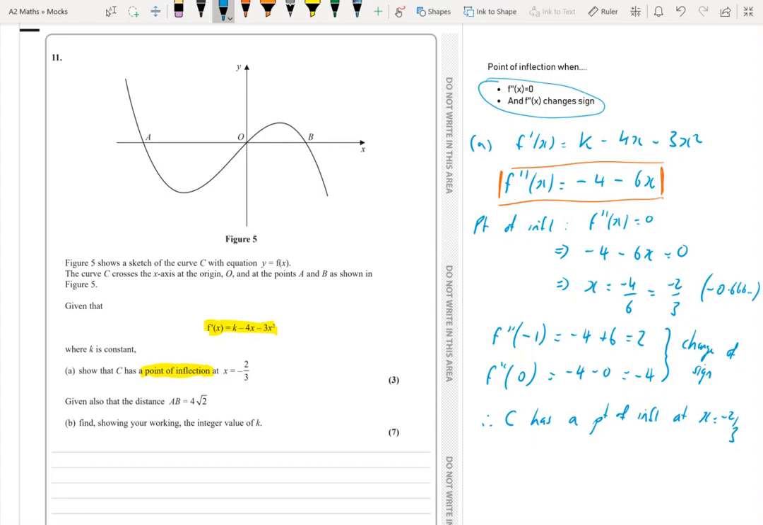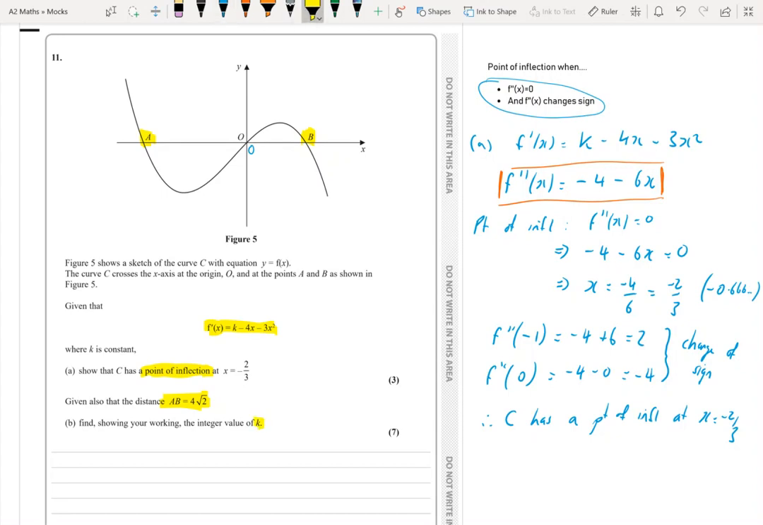Okay, what's next? Given also that the distance AB is 4 root 2. So that's the distance between these two intercepts on the x-axis. There's another intercept here at 0. We're ignoring that one, but we're finding the distance between A and B. We're told that that's 4 root 2, and we have to somehow use that to be able to find the